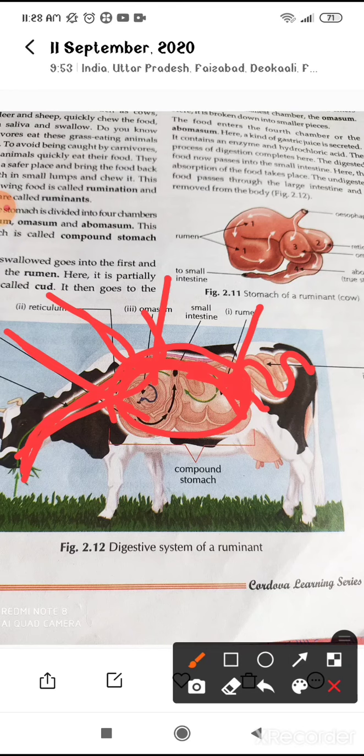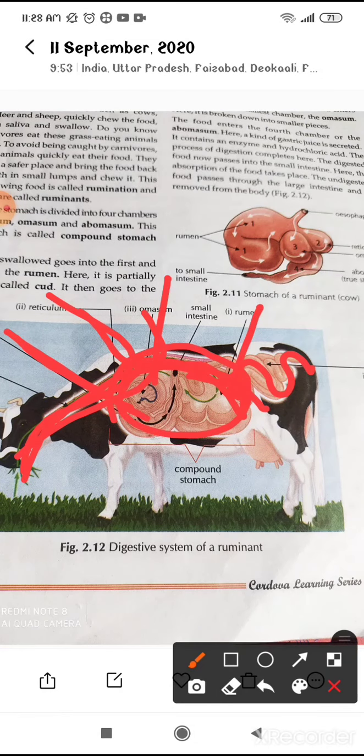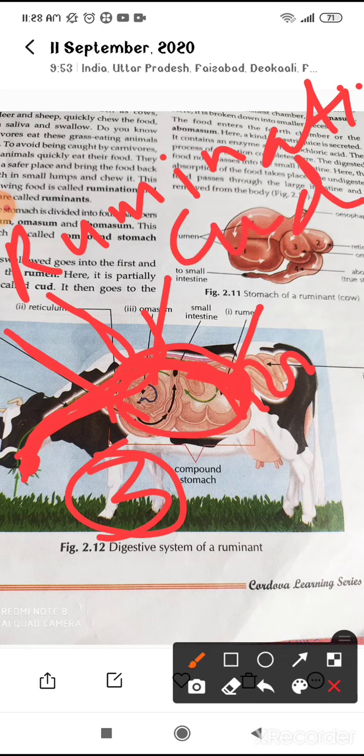Okay, so from where did the word ruminants come? From rumination. What is the meaning of rumination? From the rumen, the cud returns in the mouth for retrieving, and the process of retrieving is known as rumination. Got it? So that's why these animals are called ruminants. There is a 3-mark question: what do you understand by ruminants? And a 1-mark question: what is the meaning of cud?